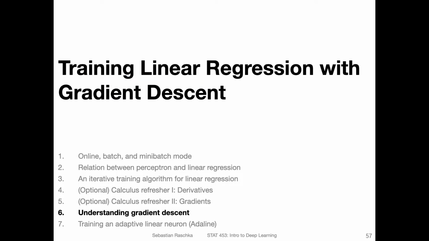For this we will be using a technique called gradient descent, which is related to computing function derivatives and